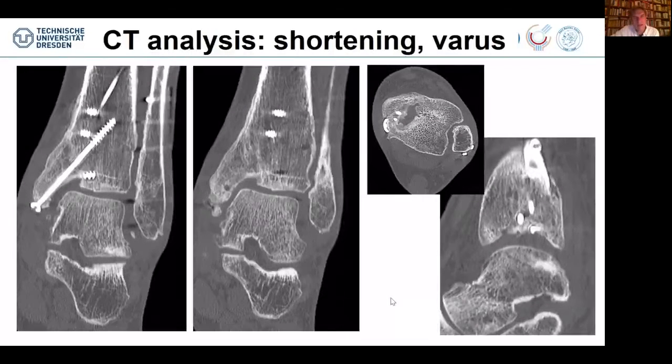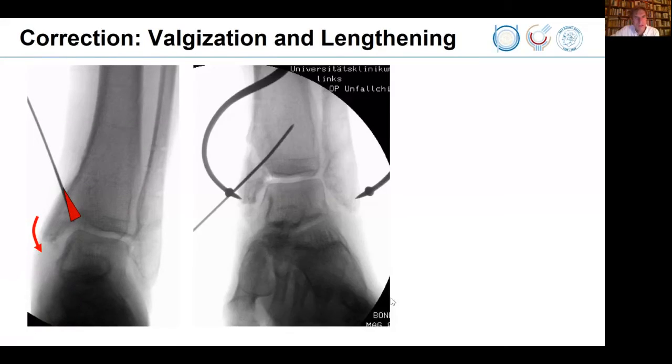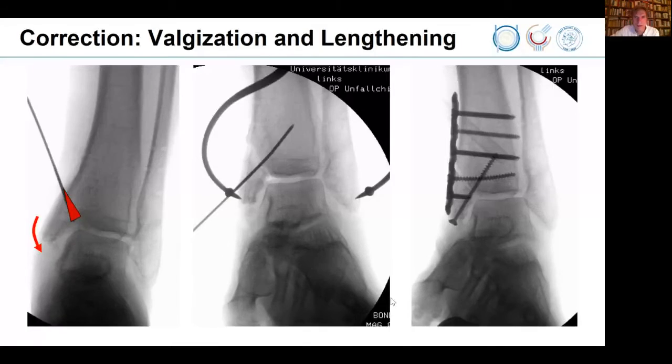This was obviously a supination injury, which produces that vertical fracture of the medial malleolus. And now finally it healed, but not in the correct position. So to correct it, we have to bring it down, and we have to get it out of varus, which means here we have to cut out that triangle that belonged to the former non-union. We didn't go to the lateral side because the fibula was not shifted. There was some kind of plastic deformity, maybe a slight malrotation. We started with the medial malleolus and saw that the talus centered nicely below the tibia.